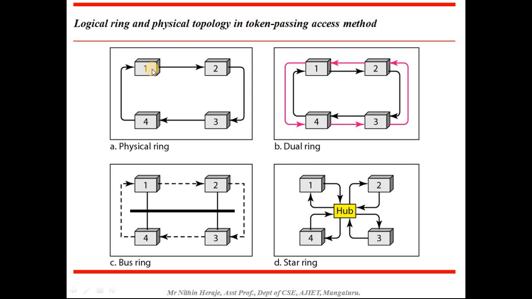So what happens here is any station might have a token packet. If one has the token packet and has data to send, then it will send the data to the intended station. If one does not have data to send, then it just forwards the token to the next station, that is station 2. Same thing happens in 2 and it continues. The token keeps traveling through the link. Okay, so that's how the token works in this.